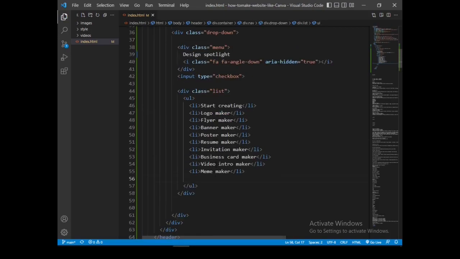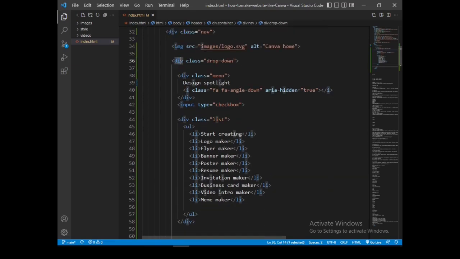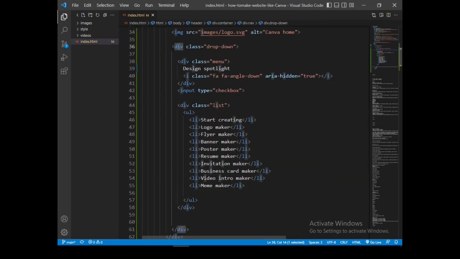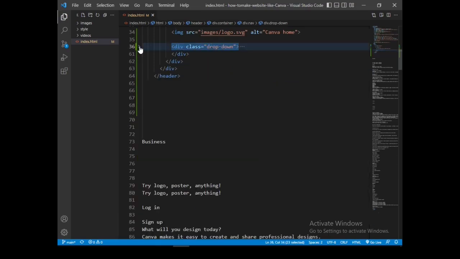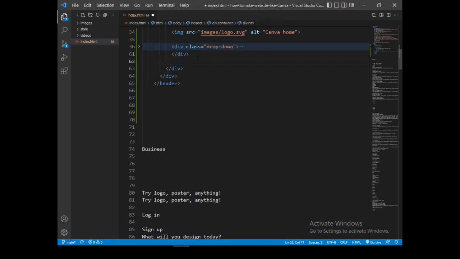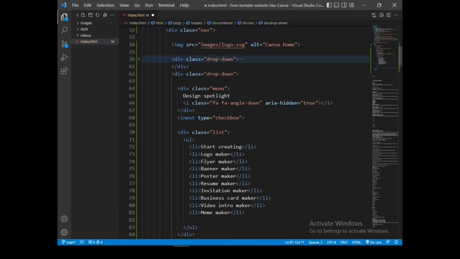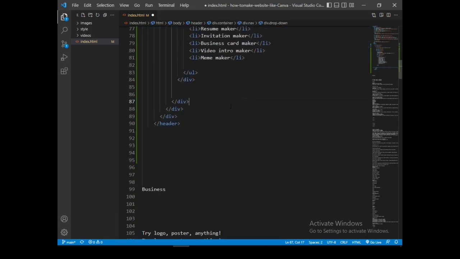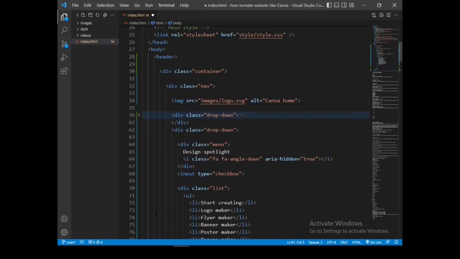We go on to create another dropdown. Let's copy this dropdown, then paste it below. Okay, so let's replace this text. Let's remove this text, and this is the text that we want to be replaced, the business.